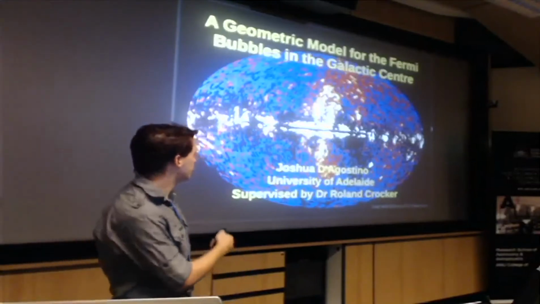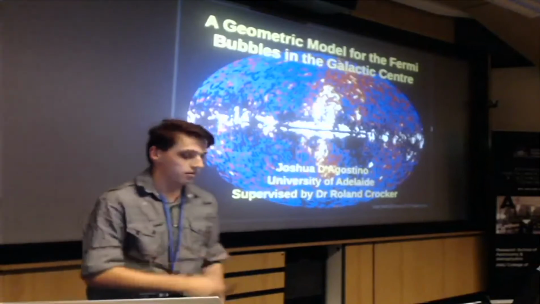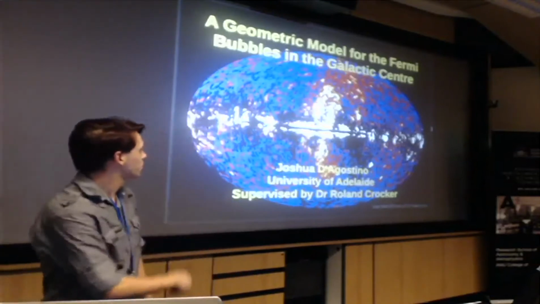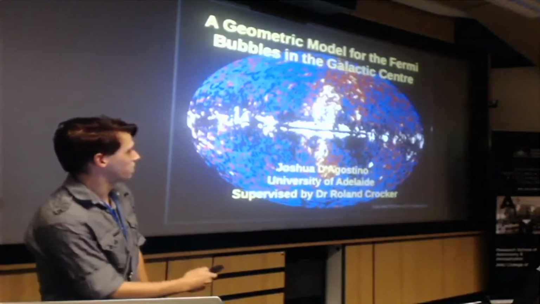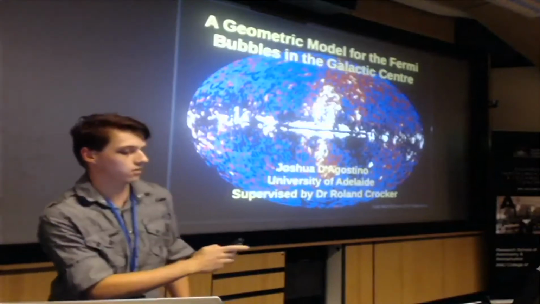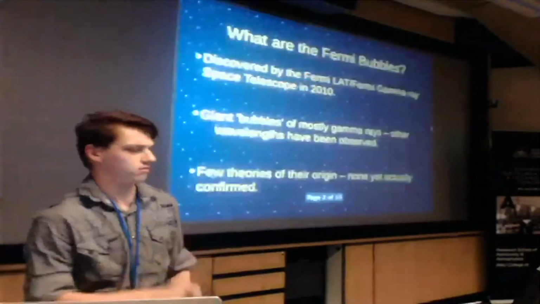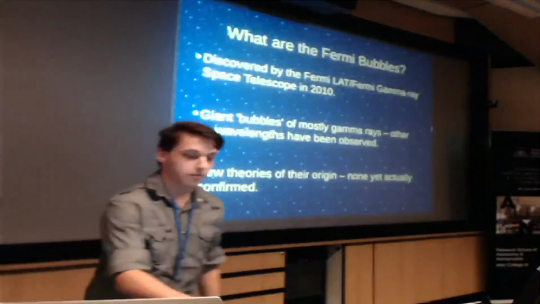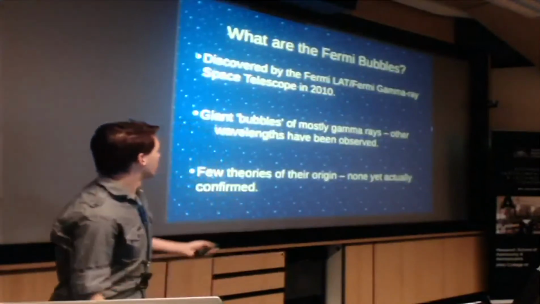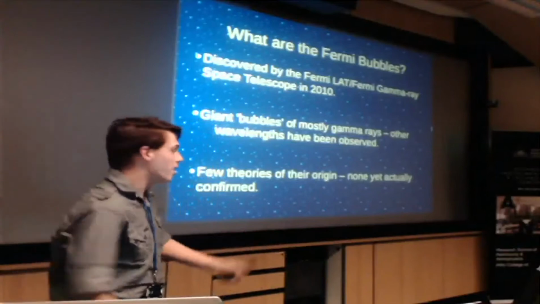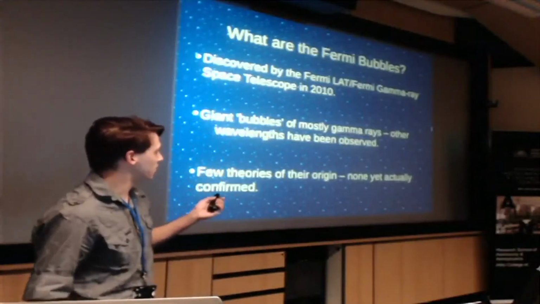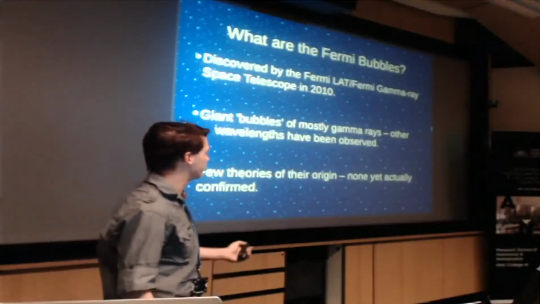They are these two massive lobes here, mainly. As we'll get into more detail, they encompass a little bit more than this, but we will get there in due time. In due time, I mean now. Sorry. What are they? Well, they were discovered by the Fermi Large Area Telescope, now renamed the Fermi Gamma Ray